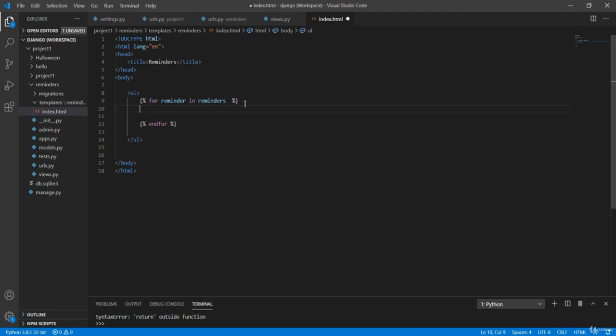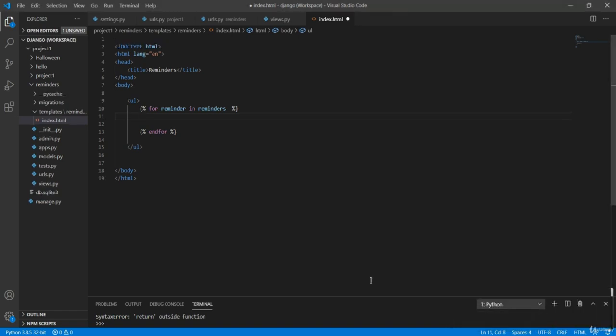And so for each reminder inside of our reminders list, we're going to create a new list item tag, and inside of it print that reminder. So we'll go ahead and close that, and here you can see that we ended our for loop by adding an endfor statement inside of curly brackets and percentage signs. So now if I go ahead and save that,